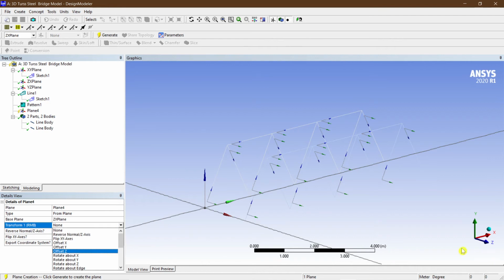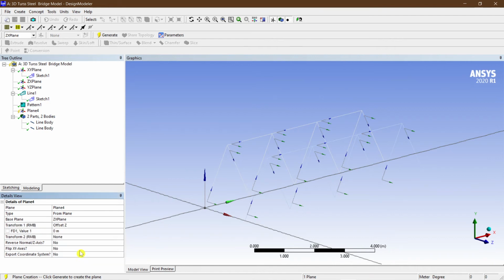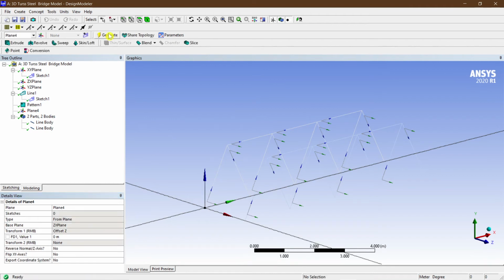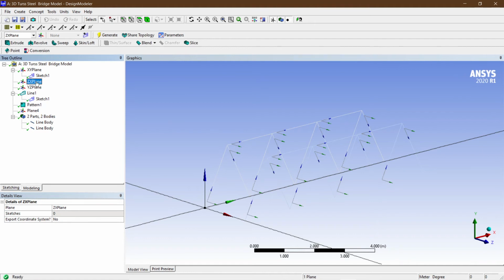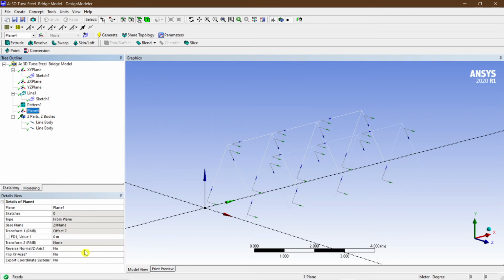Then I will hit generate. What is the offset here? The offset we need to provide is 2 meters. Then we have to hit generate.